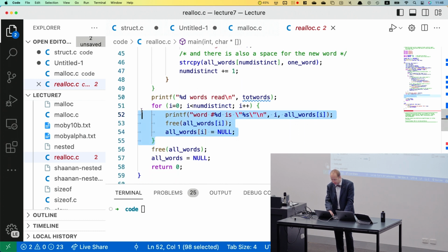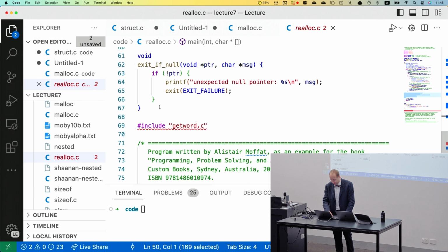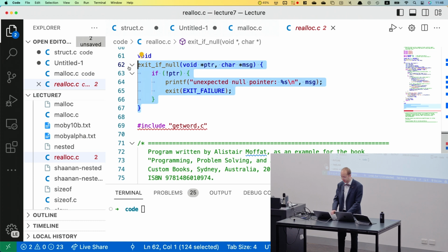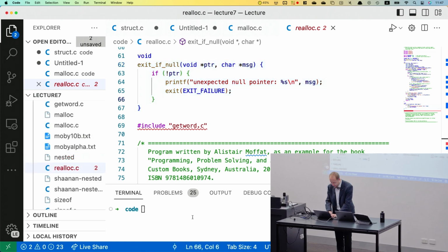At the end of the day, then I can just print the number of words that I've written and then go through all the words and print them out one by one. That's code you've seen before. So our exit if null is just checking, that's our check to make sure the malloc succeeded. And I'm also including getWord.c, which